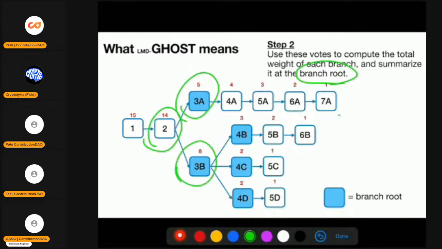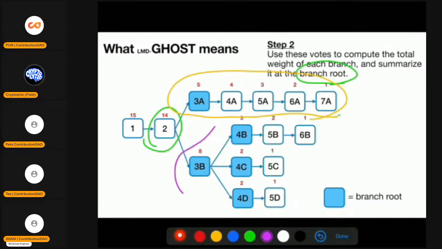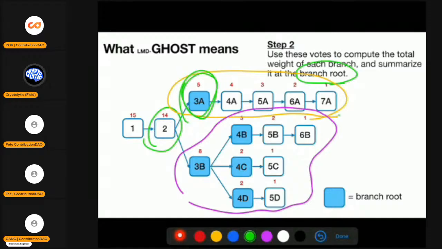The first one is this guy and the second one is this guy, and the branch root is just the first block of the branch. The first block of the yellow branch is 3A, and the first block of the